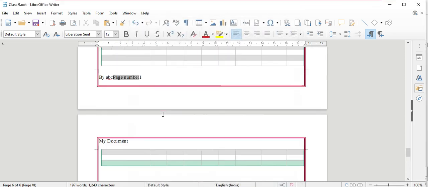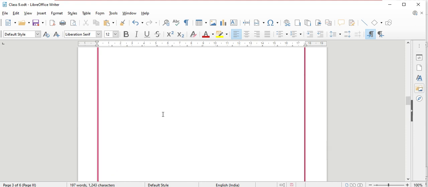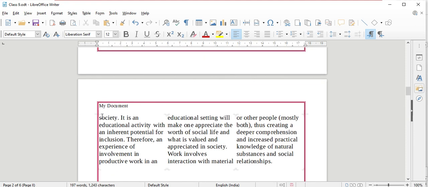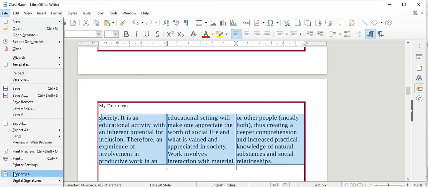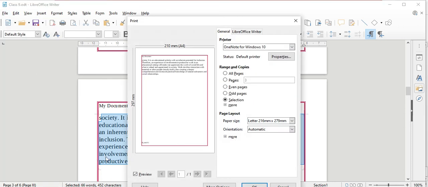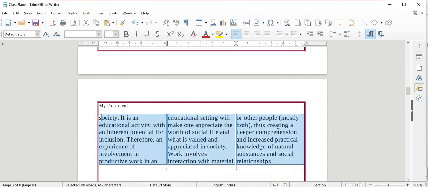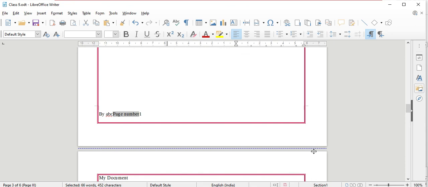If I select this paragraph to print, I will go to File, Print. Then you will see the Selection option appearing. I'll just click on Selection and do the OK. Like that we can do the printing settings for the printer and for your document.